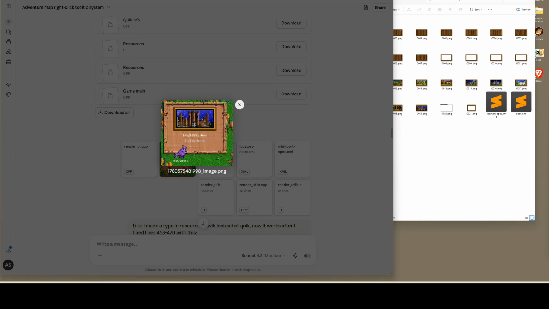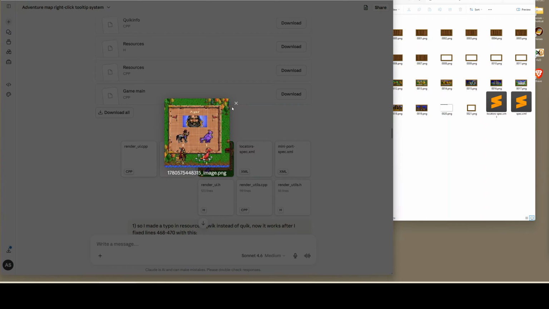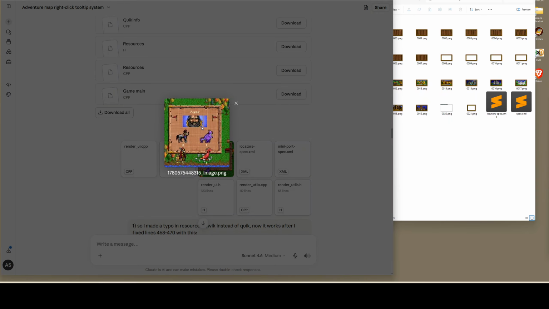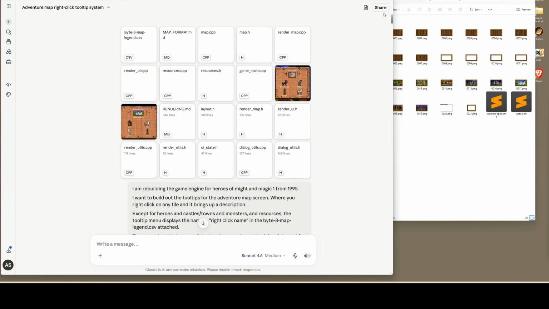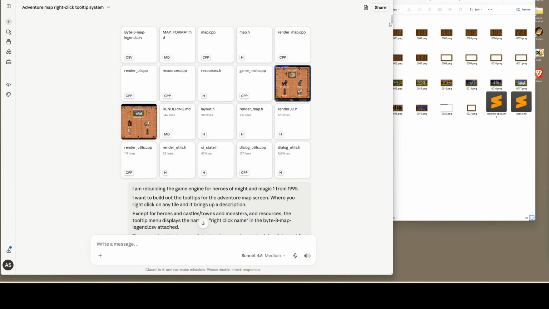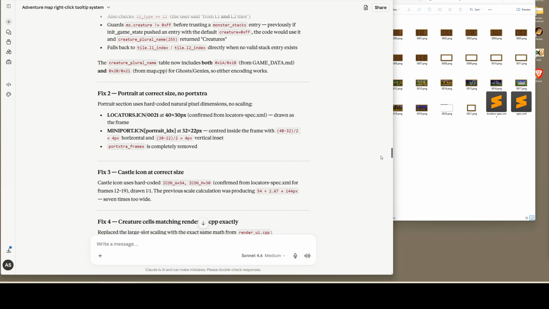So we are seeing the castle image correctly, but we need to make these a little smaller or fit in a little better somehow. And this is also not quite right, because in the actual game, if we just go back and look at the very first image that we had generated, it doesn't have that extra portrait. It has this little frame around it instead. So there's kind of a difference between what we were seeing,